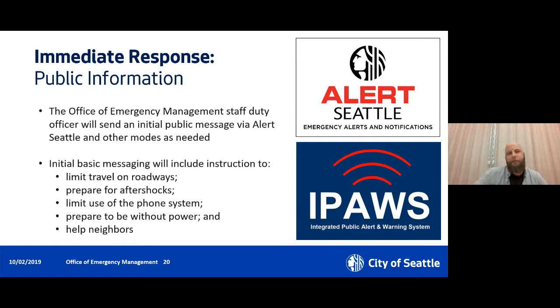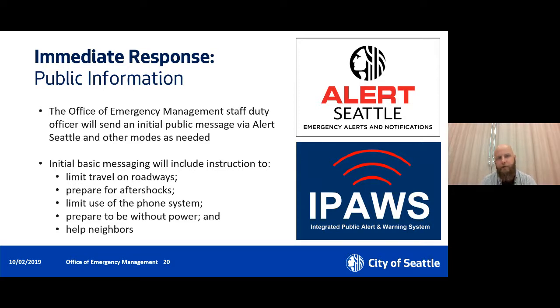So, other public information things. I'll talk about the role of the Emergency Operations Center in a minute. But one part of the Emergency Operations Center is our Joint Information Center. So when we do activate our Emergency Operations Center, we stand up our Joint Information Center, and that is the space where public information officers from throughout the city will be working to collect all of that relevant public information and push it out through media and any other way we can, so people know what is going on, what the situation is, and what actions they should take.